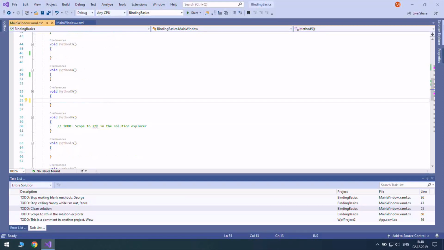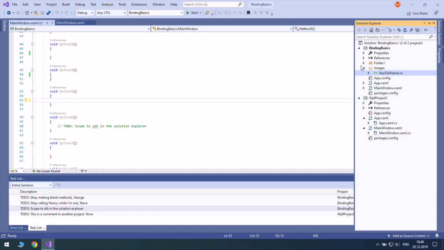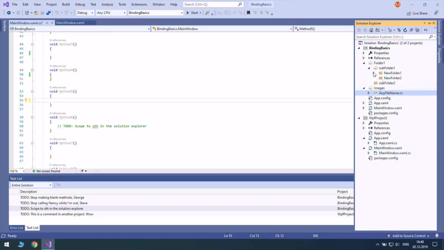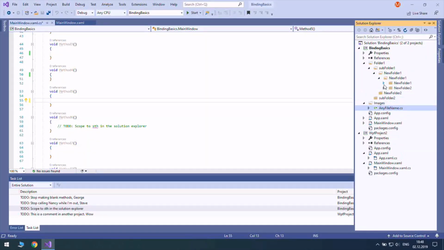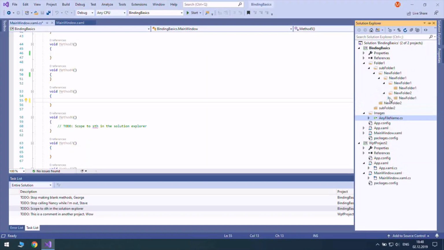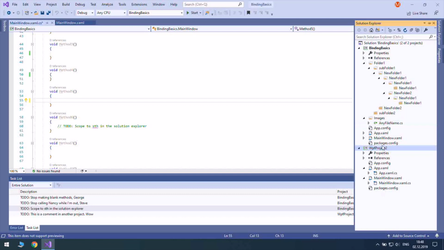Next, again, the Solution Explorer. Sometimes when you have many sub folders, at some point you no longer care about, for example, the whole solution. For example, you don't need this project at all right now in your Solution Explorer.